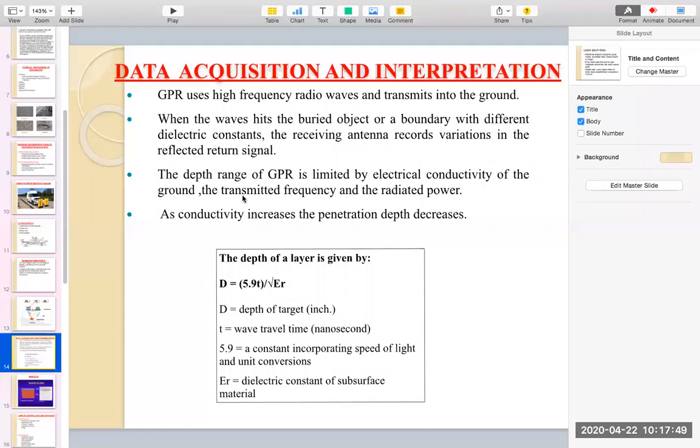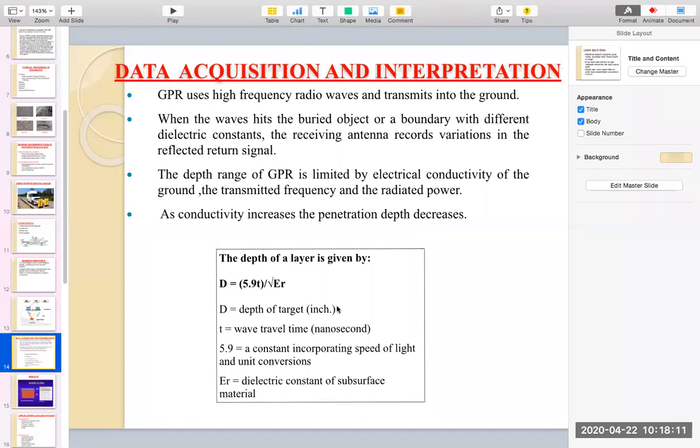The depth of GPR is limited by electrical conductivity. It depends on the electrical conductivity of the ground, the transmitted frequency, and the radiated power. So it depends on all these parameters, how the radio frequencies are sent and received back, and the depth can be calculated.